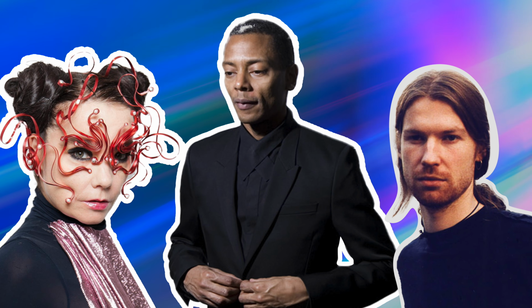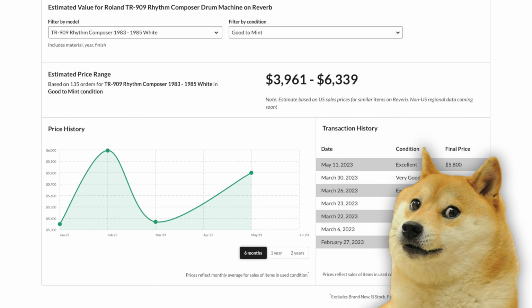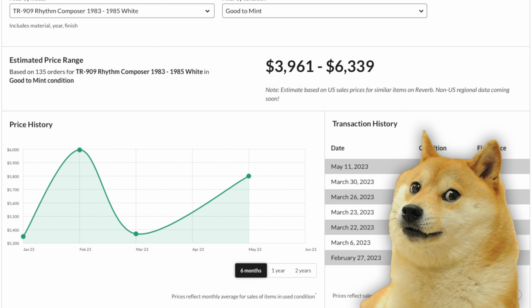name a few. According to Roland, only 10,000 units were ever produced, and if you try to lay your hand on one of these beasts on eBay or Reverb today, prices can reach up to $6,000 depending on the condition